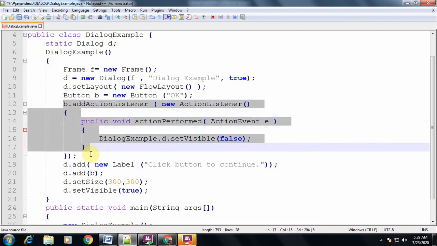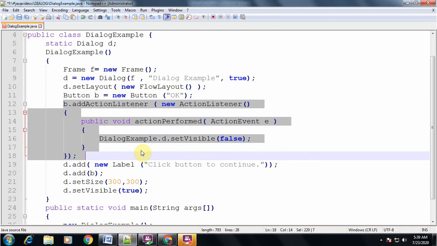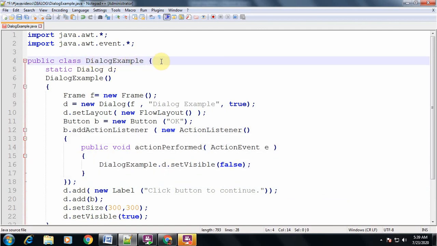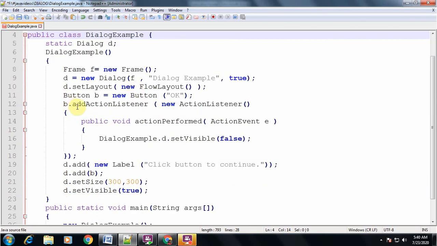This part of the code is a very compact way of writing event handling. Otherwise usually we would write public class DialogDemo extends Frame implements ActionListener. You can write it like that also, but what we have done is directly b.addActionListener(new ActionListener()).